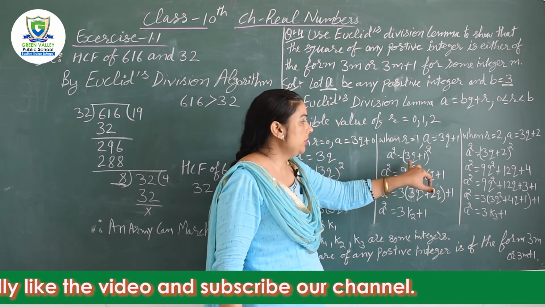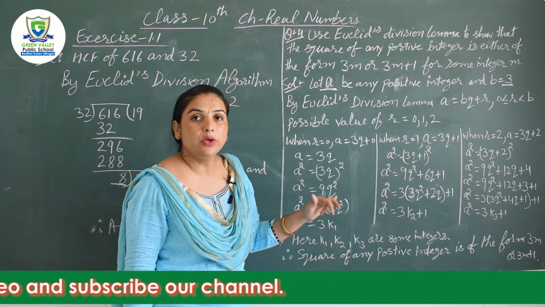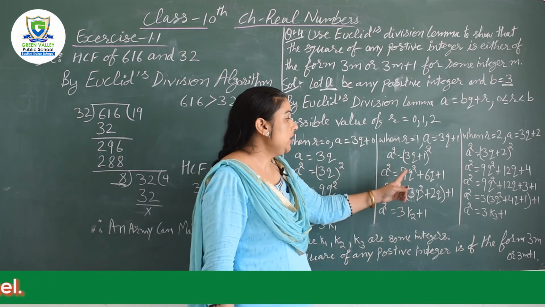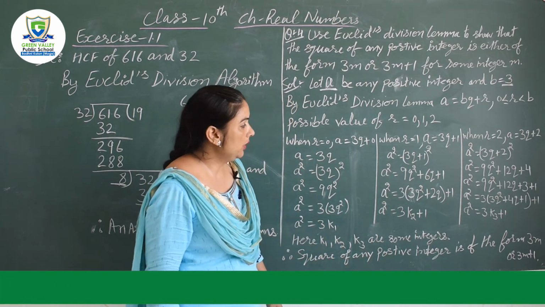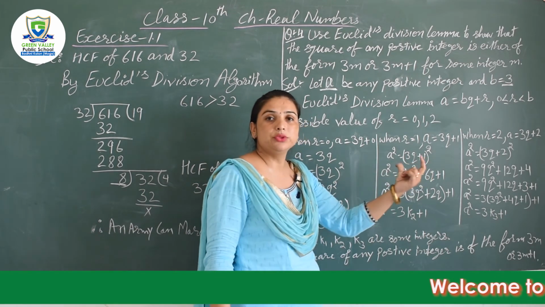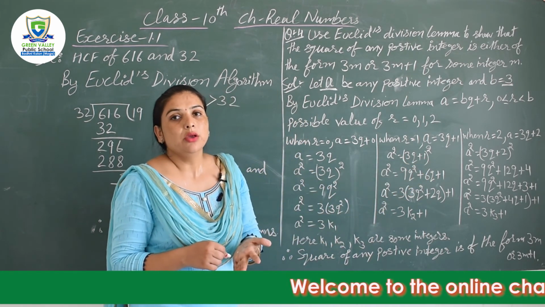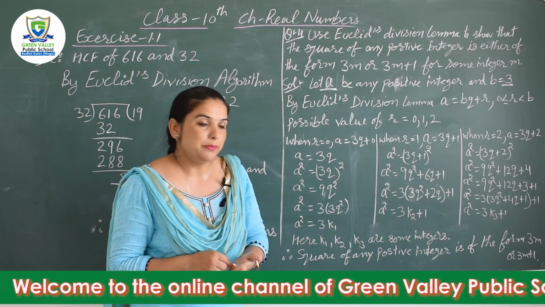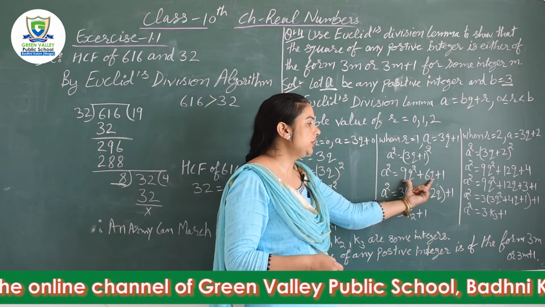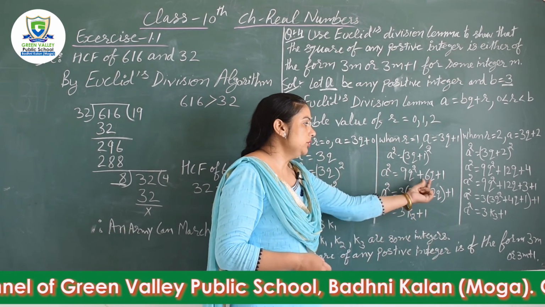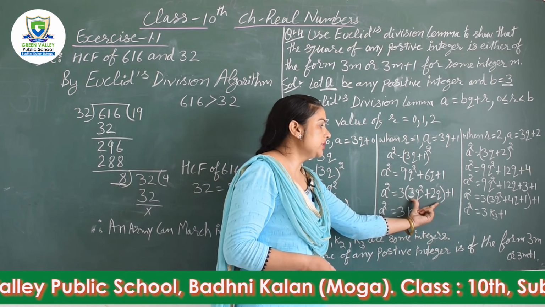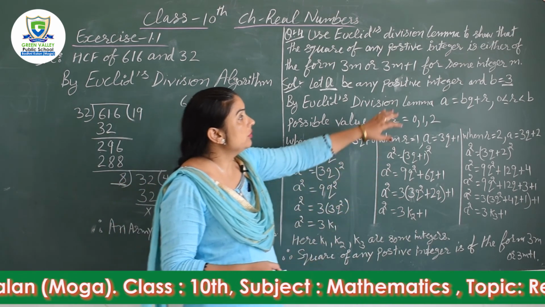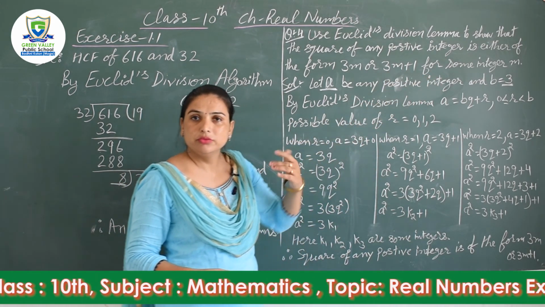Again we'll substitute, it will become 3q plus 1. Squaring we have done on both sides and we got 9q square plus 6q plus 1. If you remember, here we have used the identity a plus b whole square. We know it is equal to a square plus b square plus 2ab. And then from the first two terms I have taken 3 common, and to what is left inside I have given the name k2 to make it in the form of 3m plus 1.